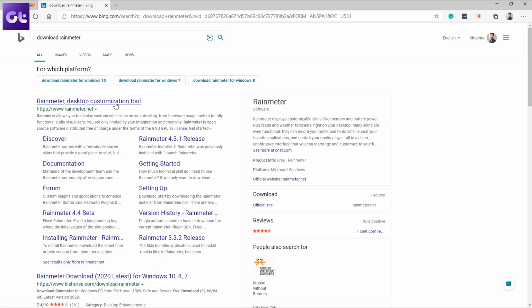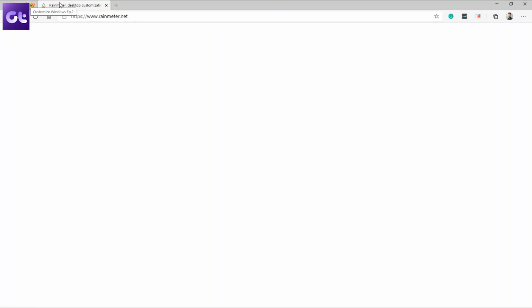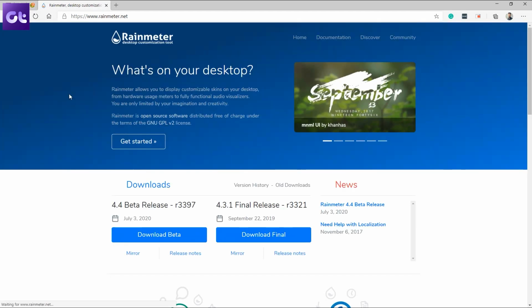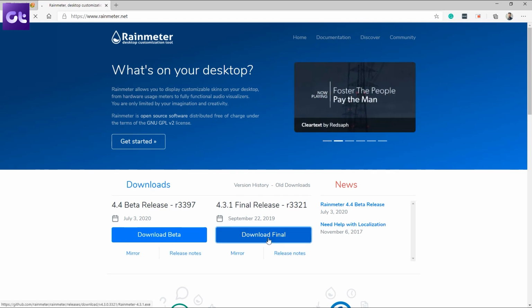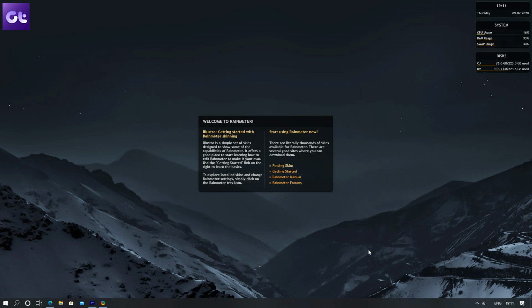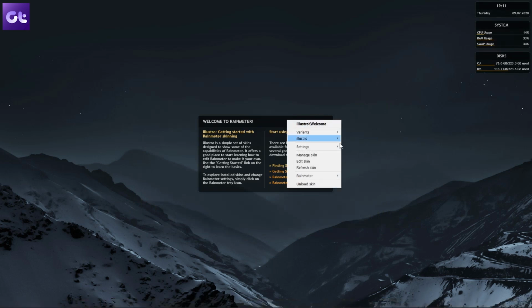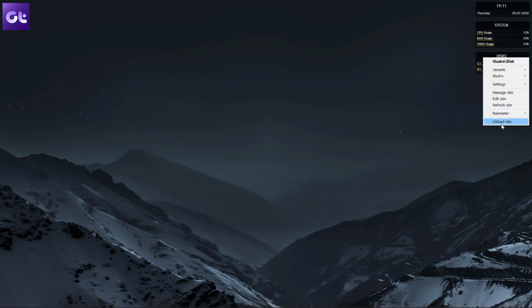Now, moving on to the widgets, the first thing that you need is Rainmeter. The link to that will be in the description box along with all the extra widgets and the wallpaper that you'll need for the setup. Once you've downloaded and installed all of them, let's move on. So when you install Rainmeter, there will be some widgets that load automatically. Just remove them. Now let's start off with the clock.